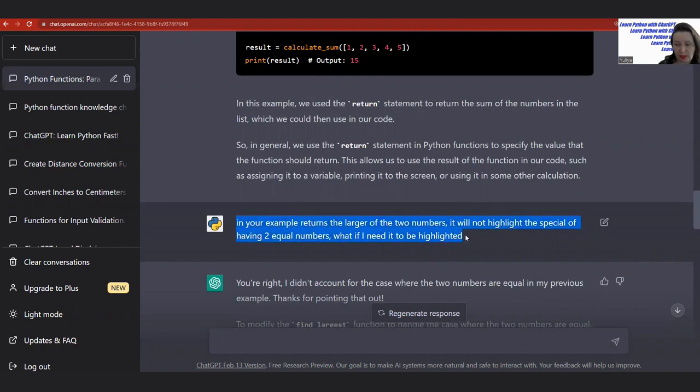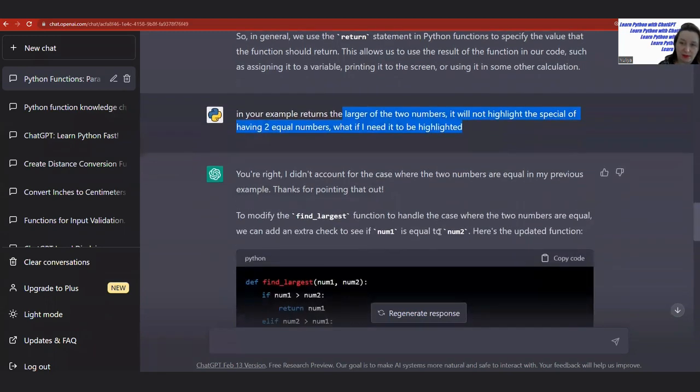Do you remember that when we were working on our assignment, we had a special case when, let's say, the user provides us 2 equal numbers? So I questioned what's going on. Your function is not highlighting this fact that the user can give us 2 equal numbers. We will let it pass silently. What can we do? And ChatGPT